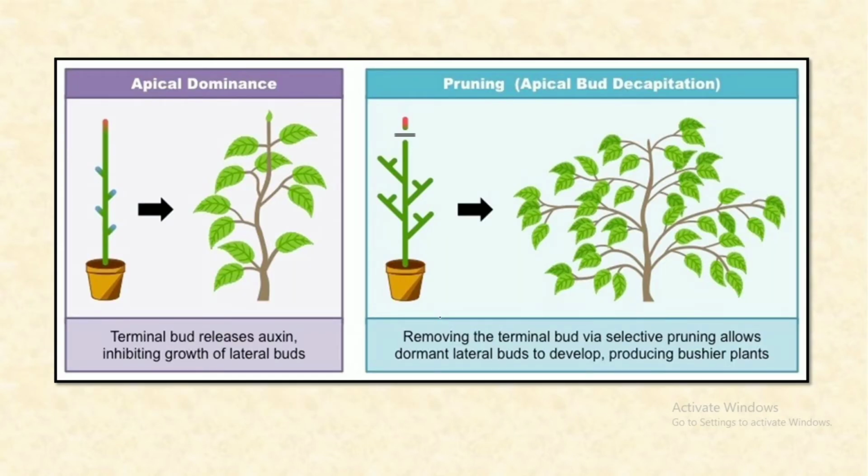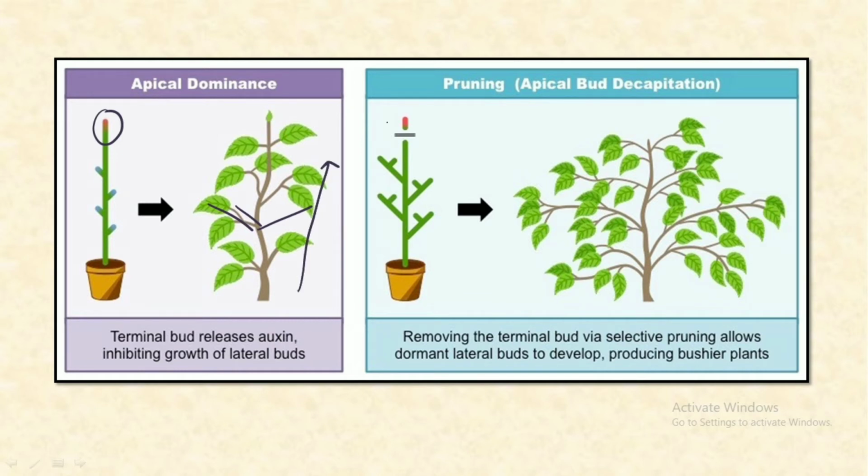So now let us understand apical dominance, which is one of the very important phenomena from the exam point of view and also for the understanding of this topic. Apical dominance in simple words means that, as we have just studied, auxin is mainly produced at the tip of the plant. So if auxin is present at the apex, at the tip of the plant, it would not allow the lateral buds to grow and there occurs only the elongation of the stem in one direction.